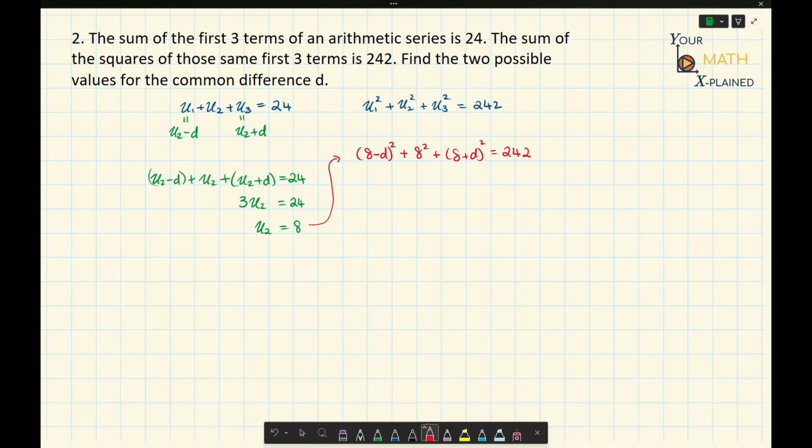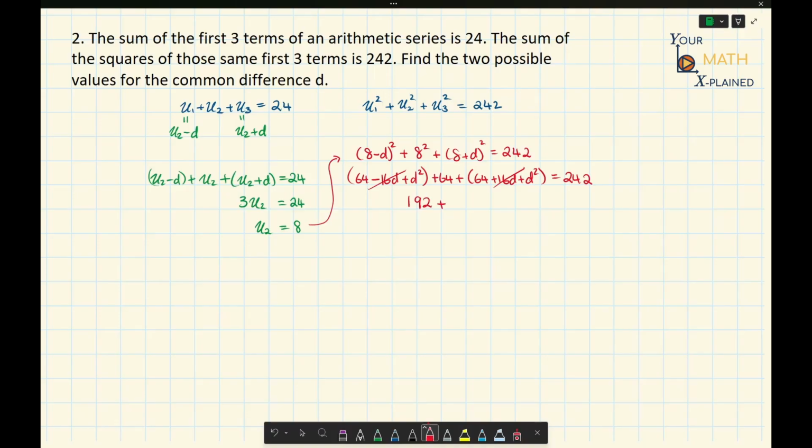Expanding out the squares will give us 64 minus 16d plus d squared. This is the first one, plus 64, plus 64 plus 16d plus d squared is equal to 242. Now the minus 16d and plus 16d will cancel, so we end up with